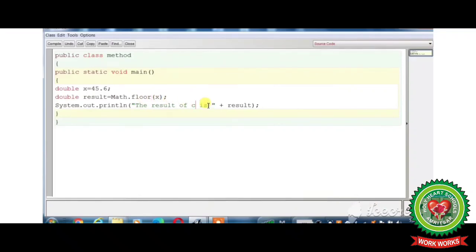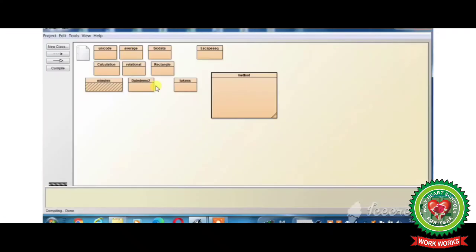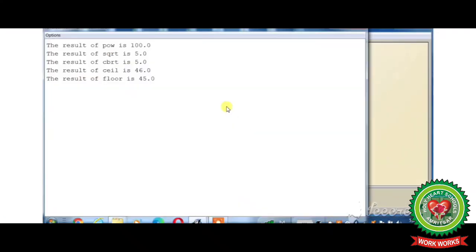See the result of floor is. Click on the compile button, click on the close button, right click on the class icon and click on the void main. See the result of floor is 45.0.